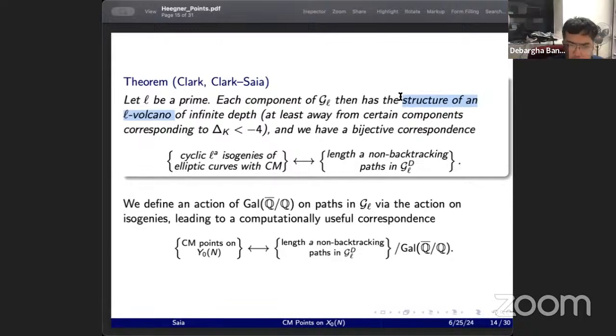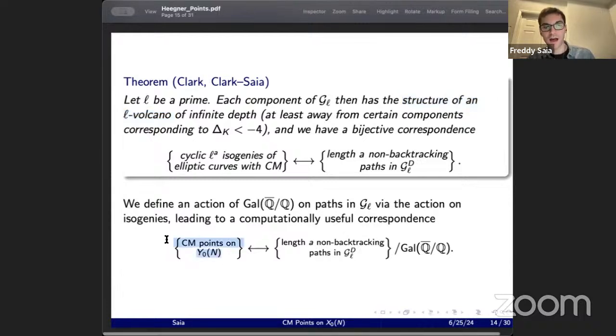You want to understand some properties of the CM points, right? And then, if you have two different L volcanoes, then it will tell you something else. So you fix your discriminant, you fix your prime power, and you want to understand CM points by that discriminant on this modular curve, and you can kind of quantify CM points with specified residue field on this side by quantifying paths with specified fixed field on this side. So we work to explicitly understand the action